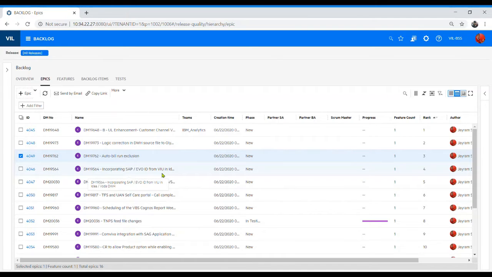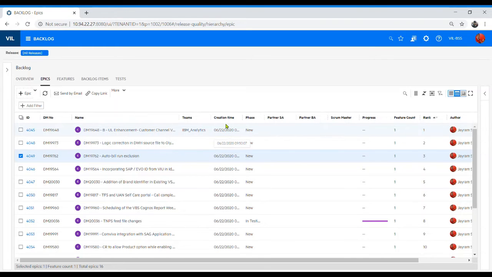All right. Now certain columns, if you look at this section over here, you will be able to find that ID is for internal use. Then demand number is the one which, in the Vodafone world, we refer to in every communication, that okay, this is the demand and this is the requirement. So they understand that. And the name is nothing but a combination of the demand number and the description. Team is basically which team this demand belongs to. It might be a single team or multiple teams.